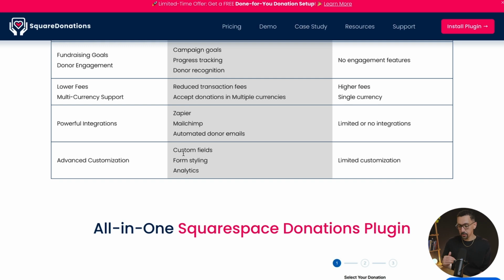Finally, this is important, form styling, analytics, and custom fields. We'll take a look at that in a moment here, but let's get working on setting up your account now